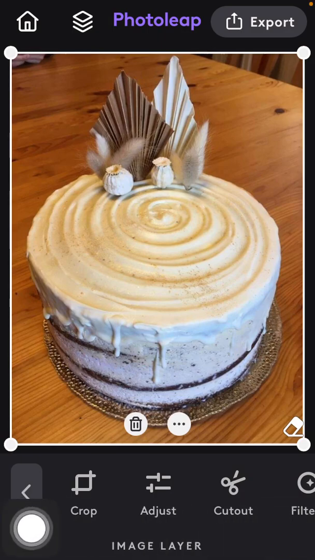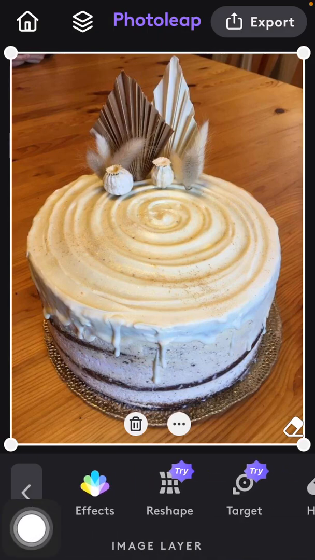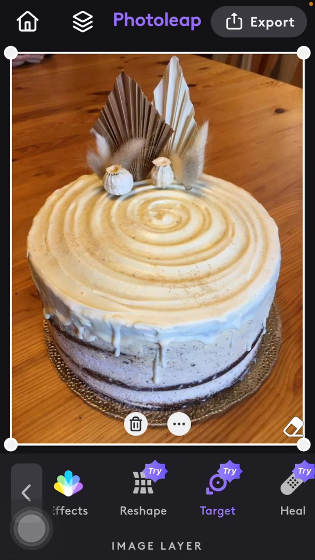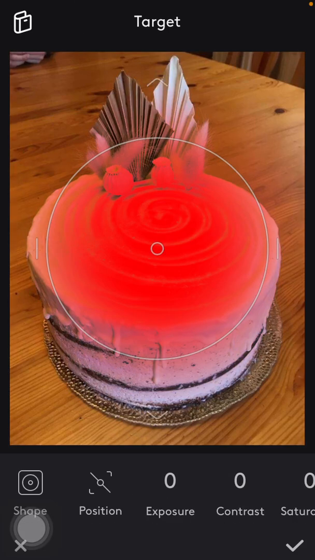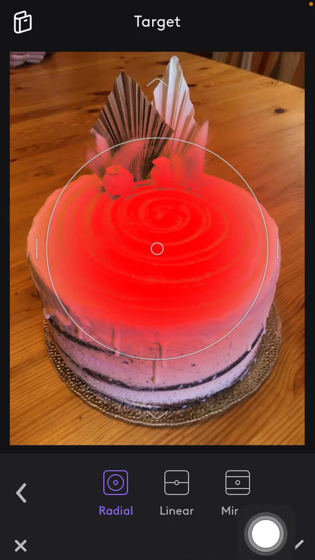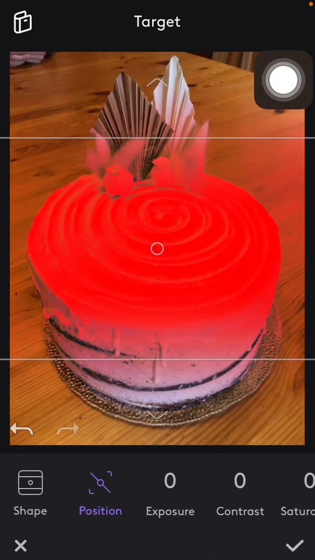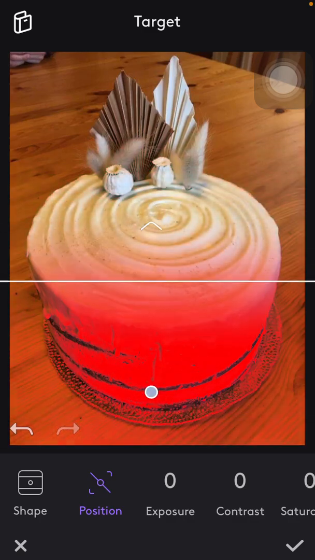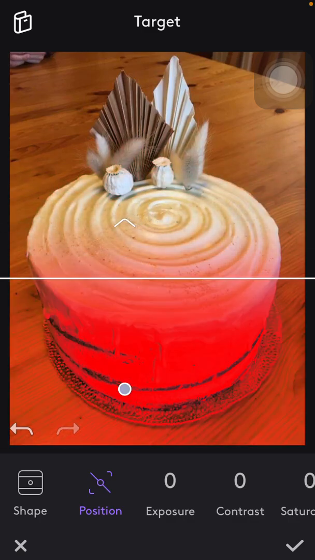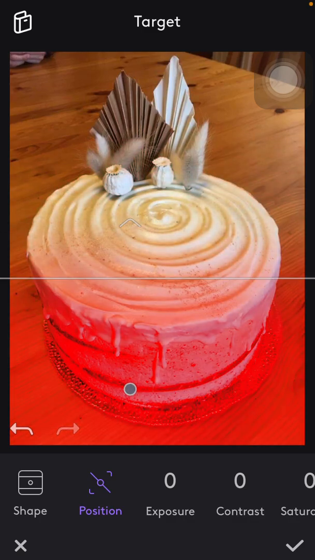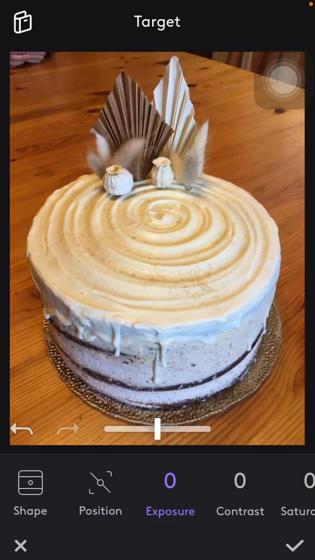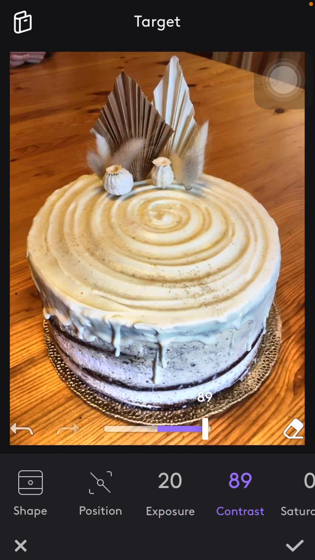At the bottom of the screen, slide to the right side until you find the target button. Tap on it, and here you can select a shape such as radial, linear or mirror that you will apply, and then by positioning the shape to your picture you can select the exposure of that particular part by using this scale. Select its exposure,